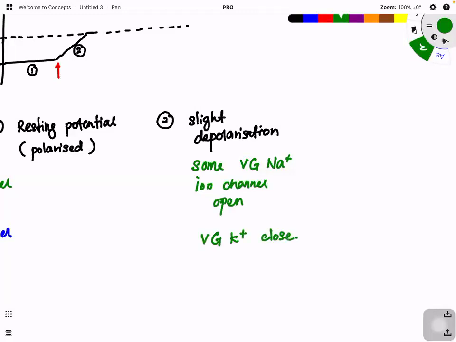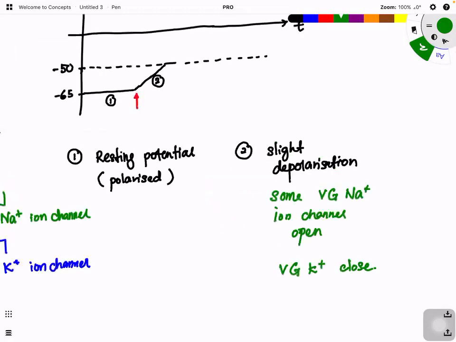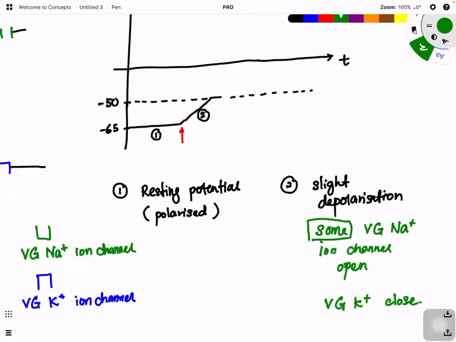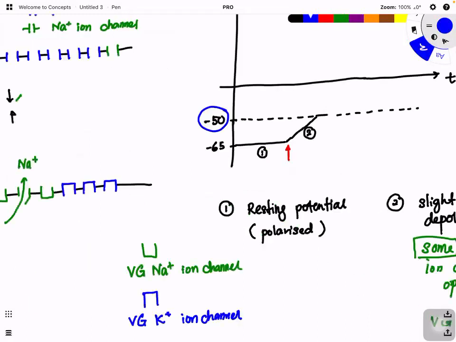Are you clear? Voltage gated potassium ion channels remain closed. Only some of them open, not all of them, but if they manage to reach negative 50, which is the threshold potential,